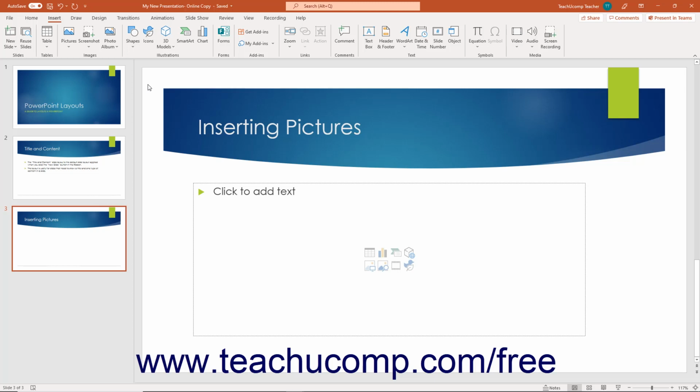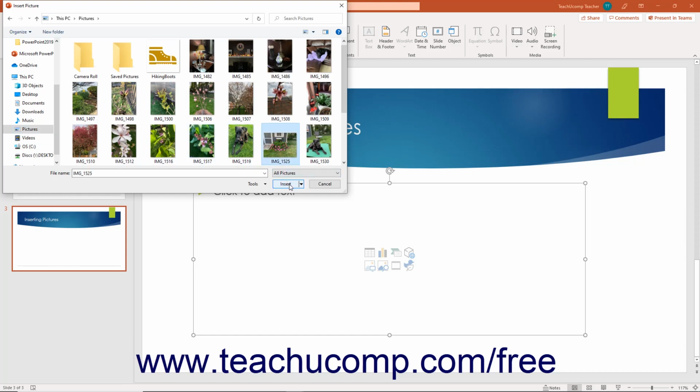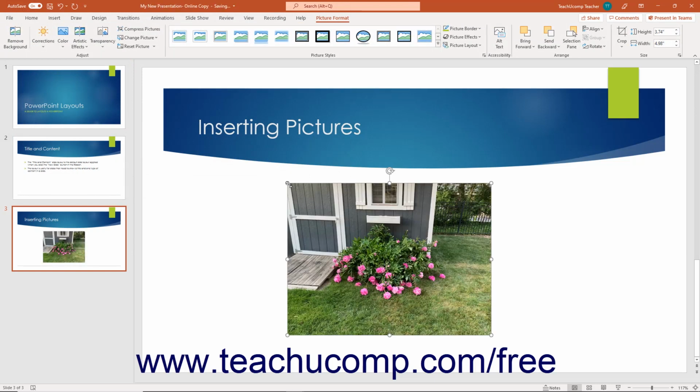To add a locally saved picture to a content placeholder in a PowerPoint slide, if a content placeholder already exists in the slide, click the Pictures button in the Content placeholder to open the Insert Picture dialog box. Use this dialog box to navigate to the folder on your computer or network that contains the picture to insert. When you see the picture appear in the white area inside the dialog box, click it to select it. Then click the Insert button in the Insert Picture dialog box to insert the selected picture into the content placeholder